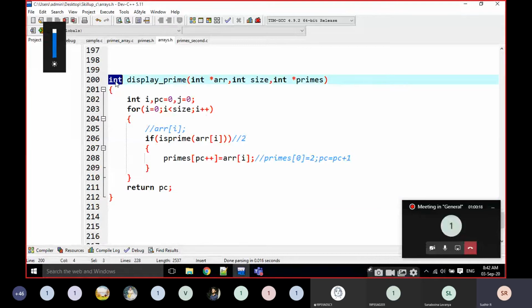It is going to be integer. It is returning the number of primes, and the size is going to be a normal value, and we are working with the size variable only, and we are returning the prime count. The last function is not returning anything.